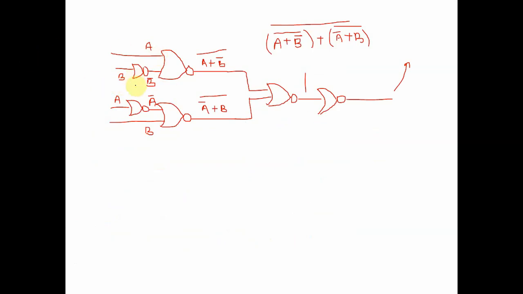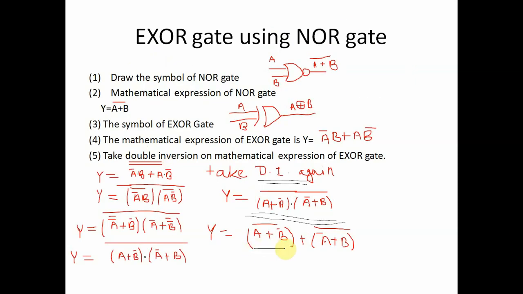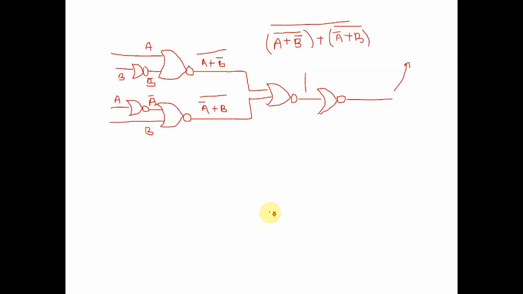See here, first NAND gate, second NAND gate, third NAND gate, fourth NAND gate, fifth NAND gate, and sixth NAND gate. It is necessary to implement the first one, after that the second one, and after that these two bars are complement. So b is converted into b bar, and by using this NOR gate we can get a plus b bar bar. In the second, a is converted into a bar, and after that we get a bar plus b bar. Then these two equations are applied to the fifth De Morgan's theorem.